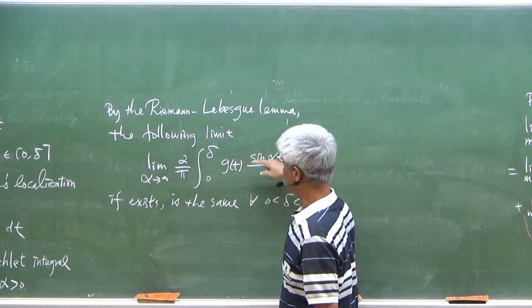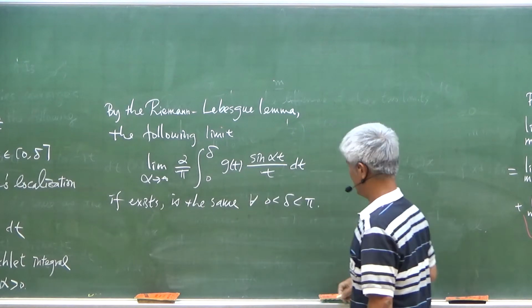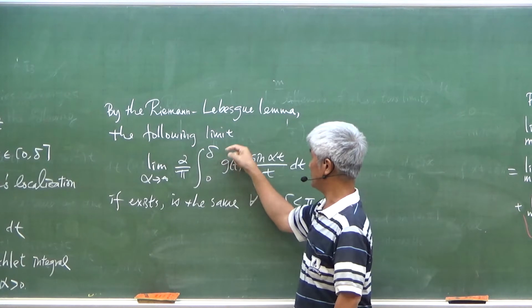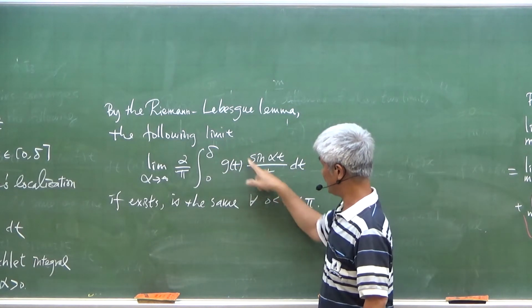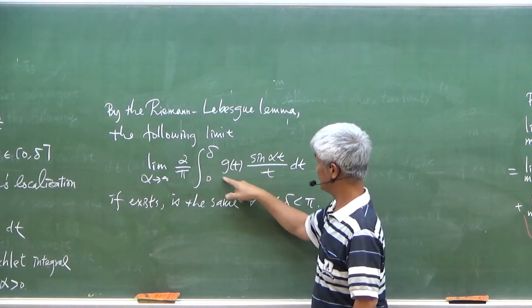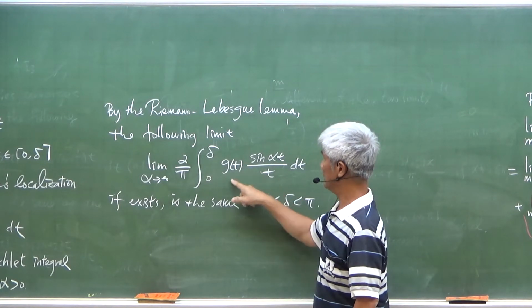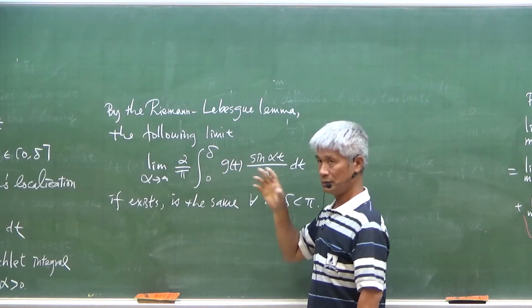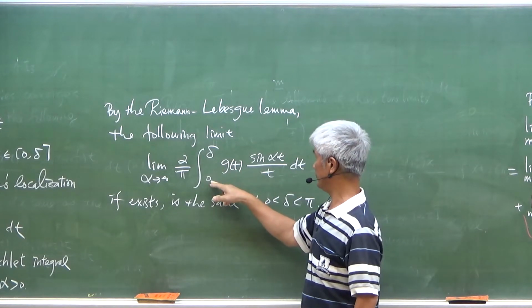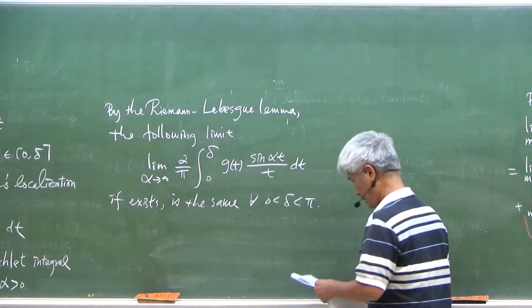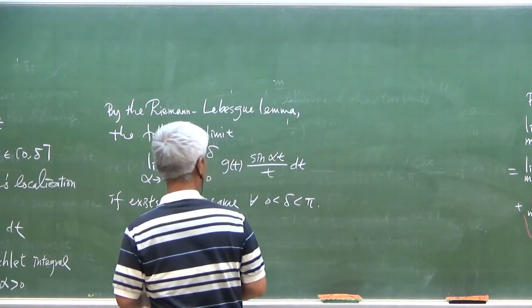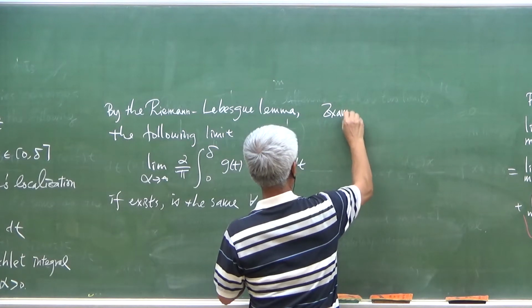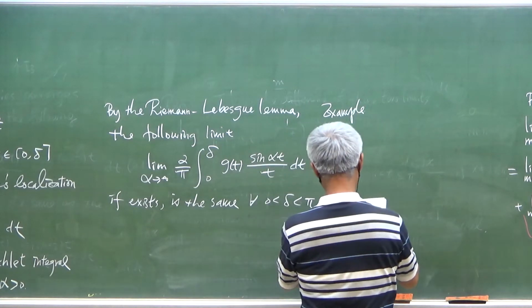So now we can see that as delta goes to 0, the behavior of this integral will be dominated by the function g in the vicinity of 0. So let's take an example to see the effect. So the example is that